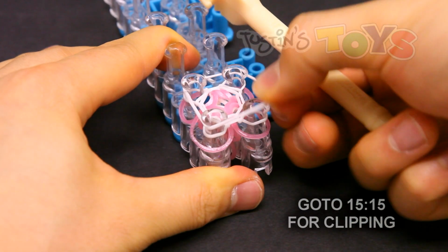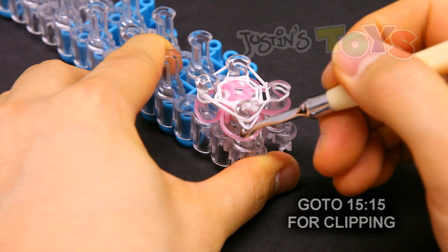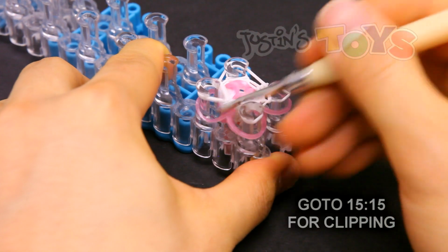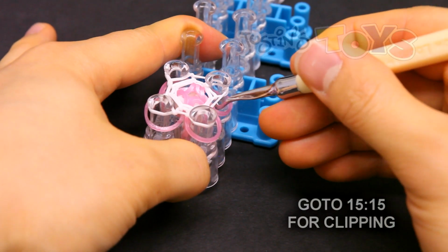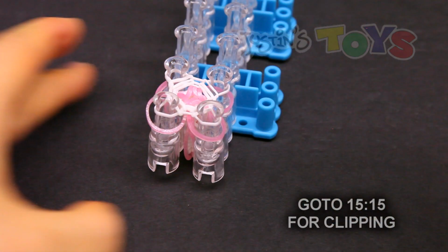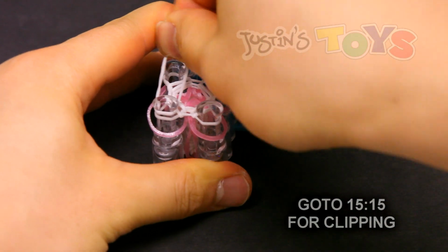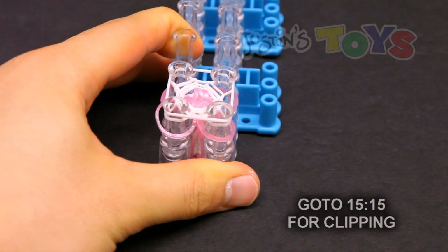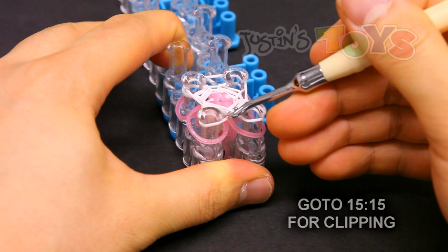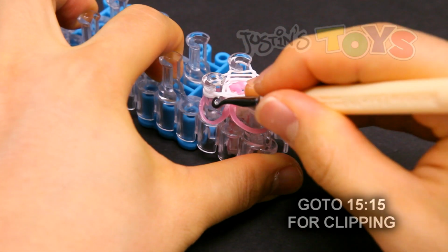then on the top, 3, 3, 3, 3, push down, and on top, 4, 4, 4, 4,